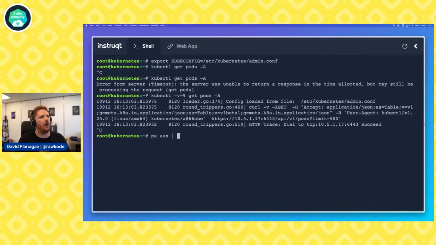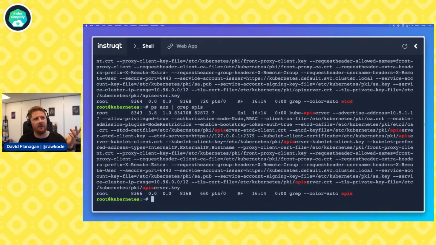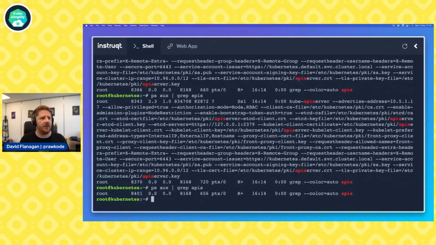Okay, so we're going to check for our API server components. So we can run ps aux grep. There's no API server. We can run etcd. Now we have an API server, but no etcd. Interesting how the timing worked there. If I run it again, okay. That's a good indication here. We didn't have an API server. We had an API server, and I'm sure if I run it again, it'll probably disappear again. So we have a flapping API server, an API server that's going up and down.